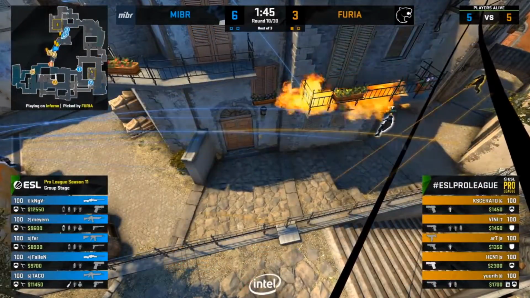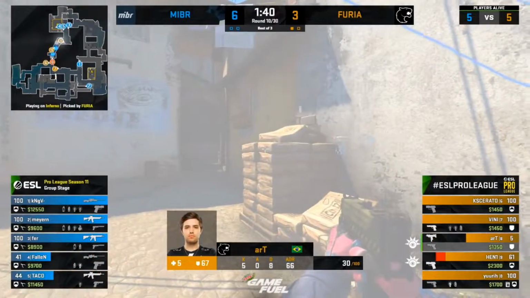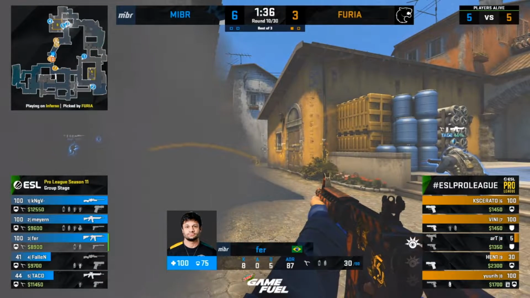Far better MIBR than that we were just seeing on Train, rather. Missed Molotov, though, and grenades are good from Furia. They do massive damage. Wow. It's traded back. Art on 5. And Furia